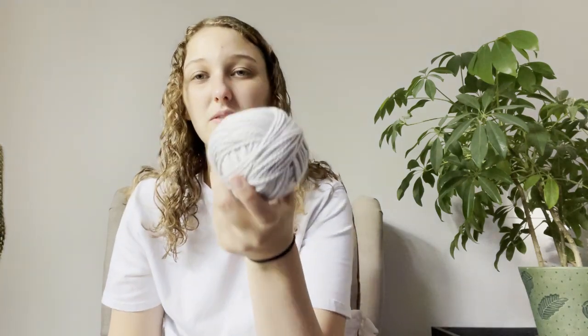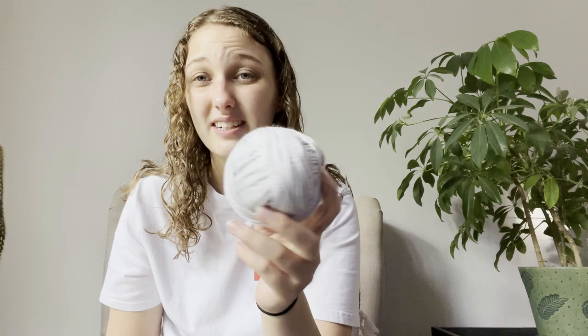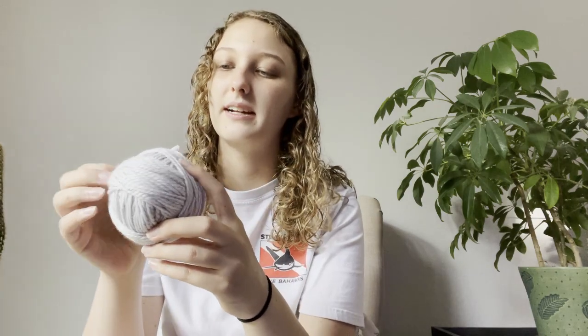So like I said, it was 150 grams, and I got back from the retreat yesterday, so I haven't gotten to weigh this. This is what I have left over, and I would say it's probably a good 60 grams. So you could make it with a normal 100 gram skein. And I don't know what I'm gonna do with these leftovers. I was considering a headband or maybe a baby hat because it's so soft, but it needs to be used